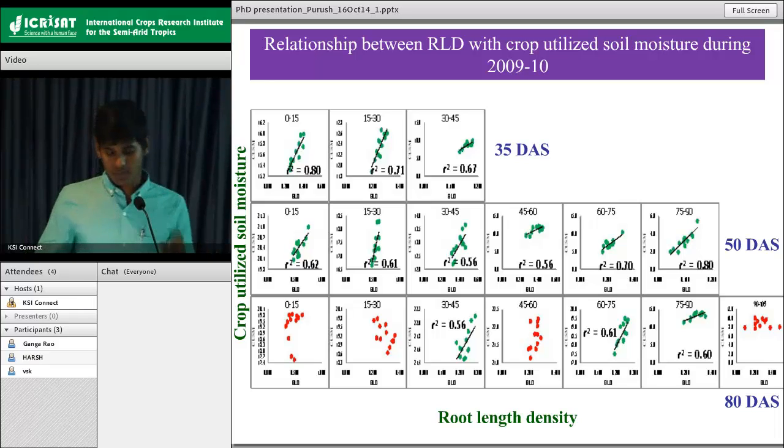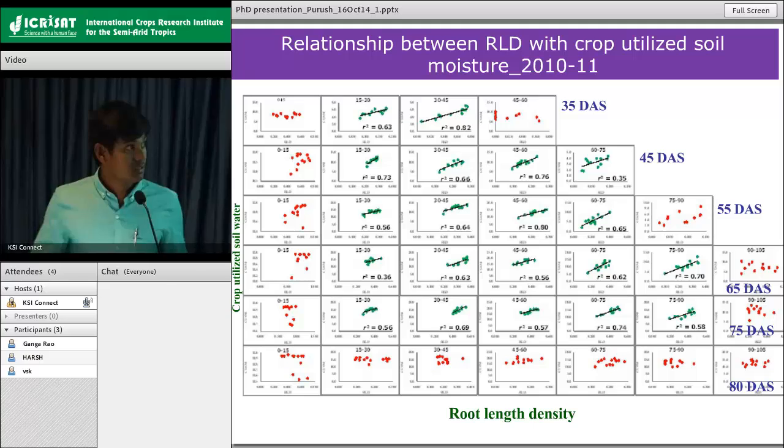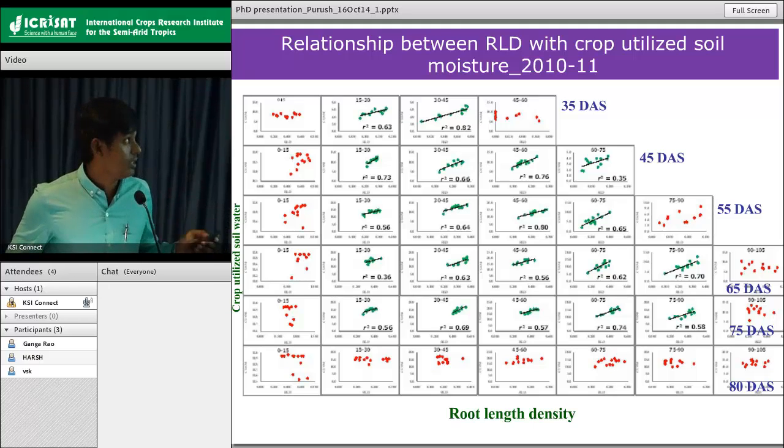You can see the clear pattern in this 2010-11 data. The soil surface area showed a non-significant relationship between root length density and crop utilized soil moisture, as well as the